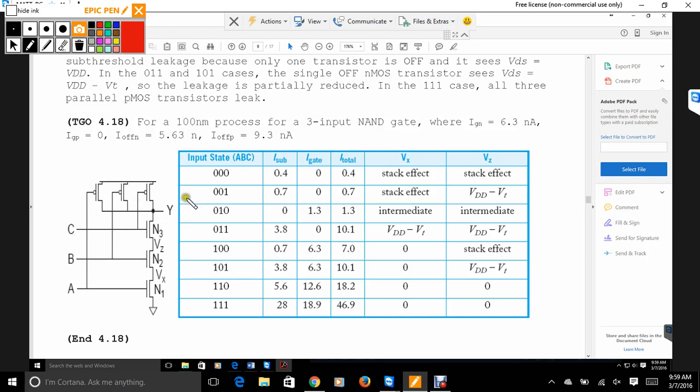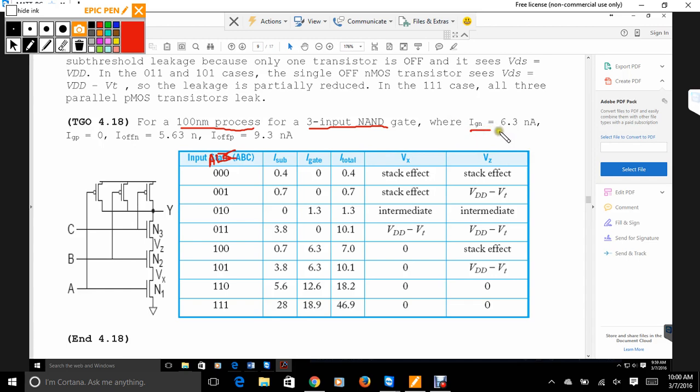So when our input state is 0, 0, 0, our subthreshold current is the smallest. We're actually getting different values based on which one's coming in. So A, B, and C. Here we have a 100 nanometer process for a 3-input NAND gate, where the gate current